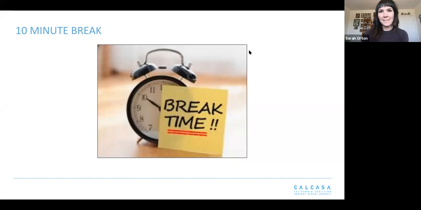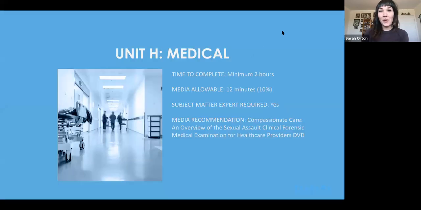Okay. So welcome to Unit H, which is medical. There's a lot of content in this unit, although the minimum time to complete is only 2 hours, which is not that long. The media allowable for this unit is 12 minutes. Again, that would be 10% of 2 hours if you're doing it that way. And this unit does require a subject matter expert, and there actually is a media recommendation for this as